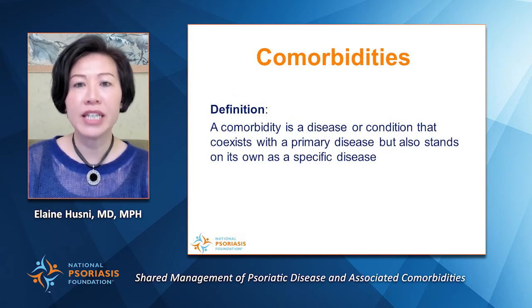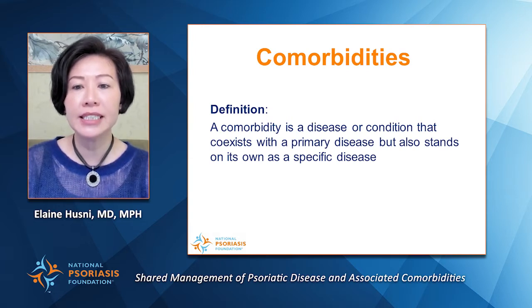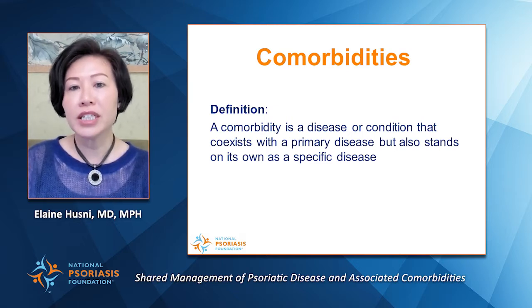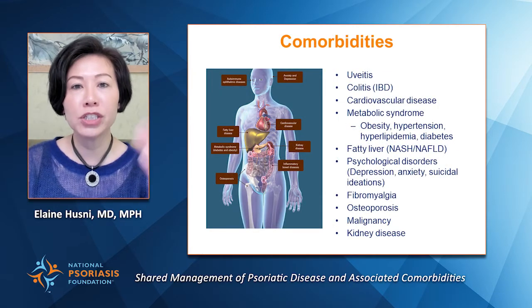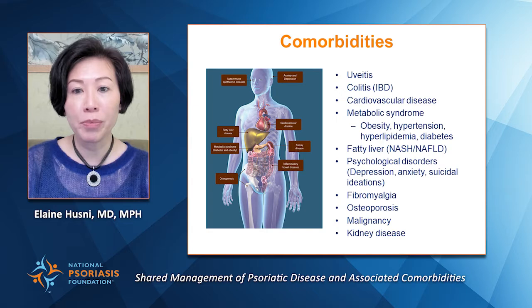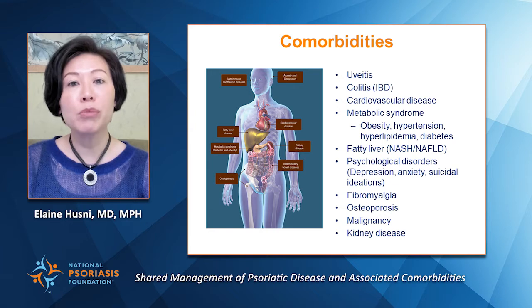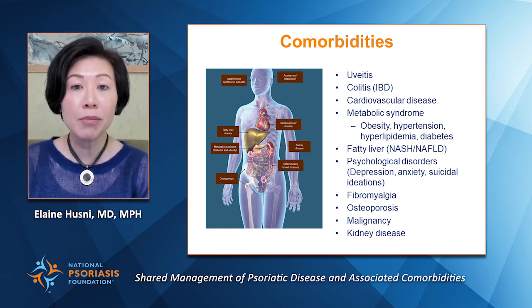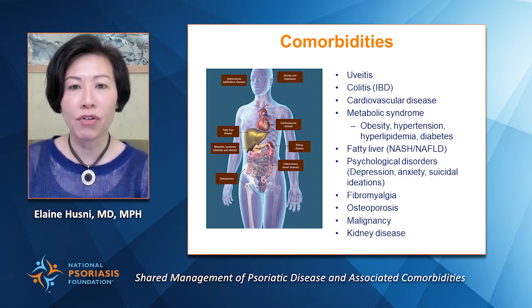So let's take us back to the definition because this can be somewhat confusing, but a comorbidity is a disease or a condition that coexists with the primary disease. Here we're going to talk about psoriatic arthritis, but it can also stand on its own, and that's sometimes important to think about while we're talking about these different comorbidities. So here's a nice cartoon picture from head to toe going over the more common comorbidities. It's not completely comprehensive, but these are the more common comorbidities, which we'll try to take a deeper dive into some of. But it'll be difficult in the next 20 minutes to really go over all the comorbidities,